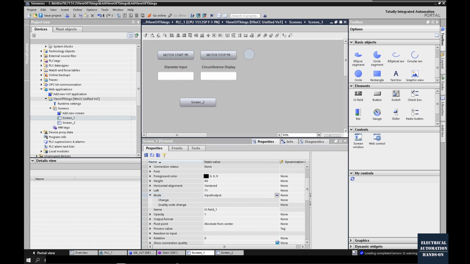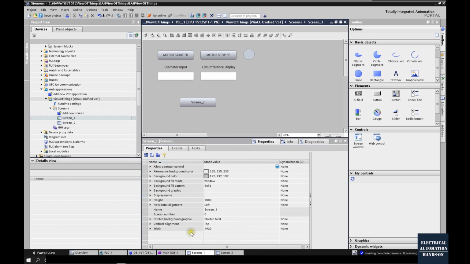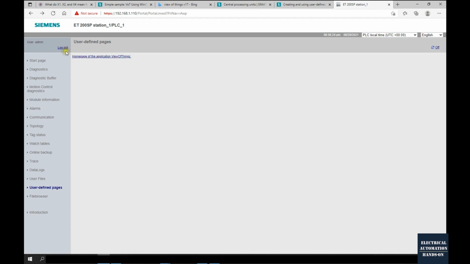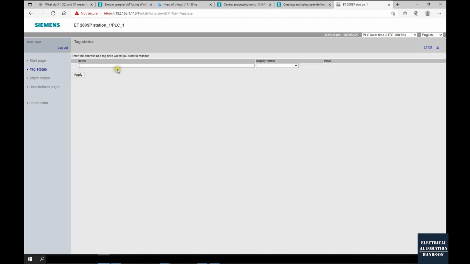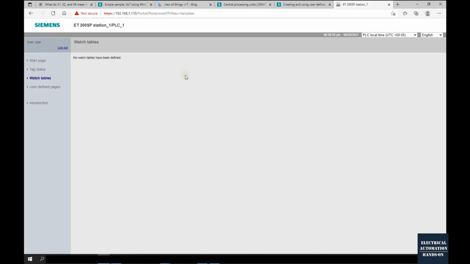Okay, and then I can log in using the user. I'm going to log out, and this time I will use the user. Okay, if you recall from the user access level, I only assigned read only. So we can see this account can only browse the start page, tag status, and watch table. It's read only. And then if we go to the user defined page,